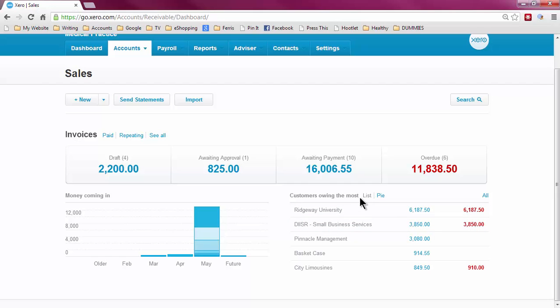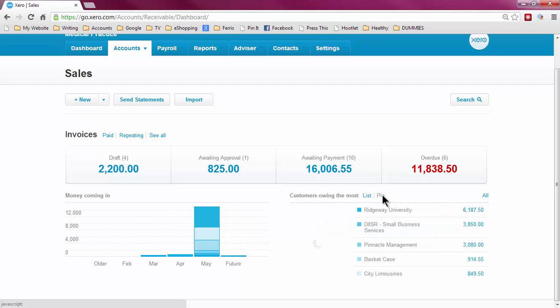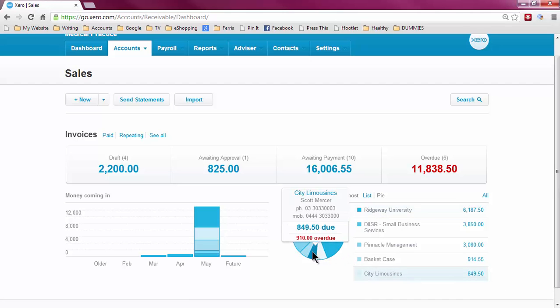Customers owing the most money. So currently highlighting the customers who owe me the most money, and it is in a listed format here. The red is highlighting which is overdue, and if I click on the pie, it actually shows me a pie chart, just whatever you prefer,